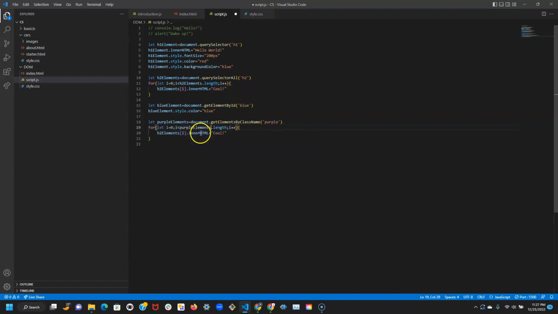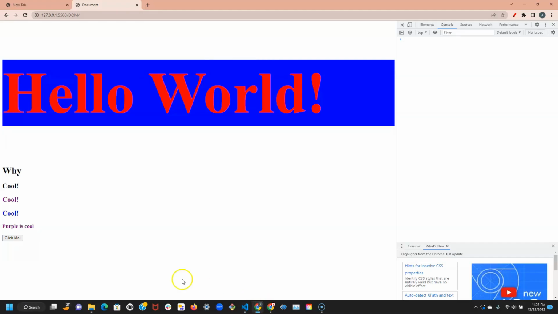So purple elements, and then also what it's gonna do, style.color equals purple. Get rid of that exclamation mark. We're gonna save, and we're gonna see that both this element and this element are purple, so we know that